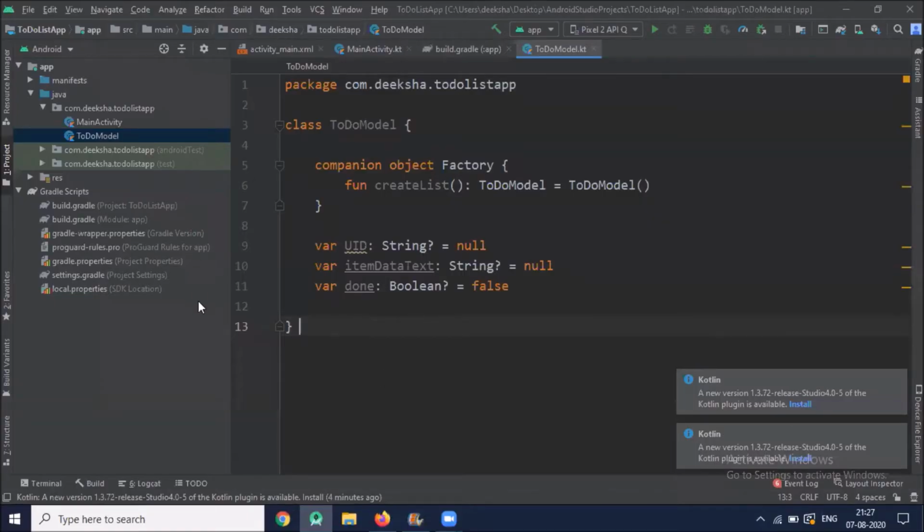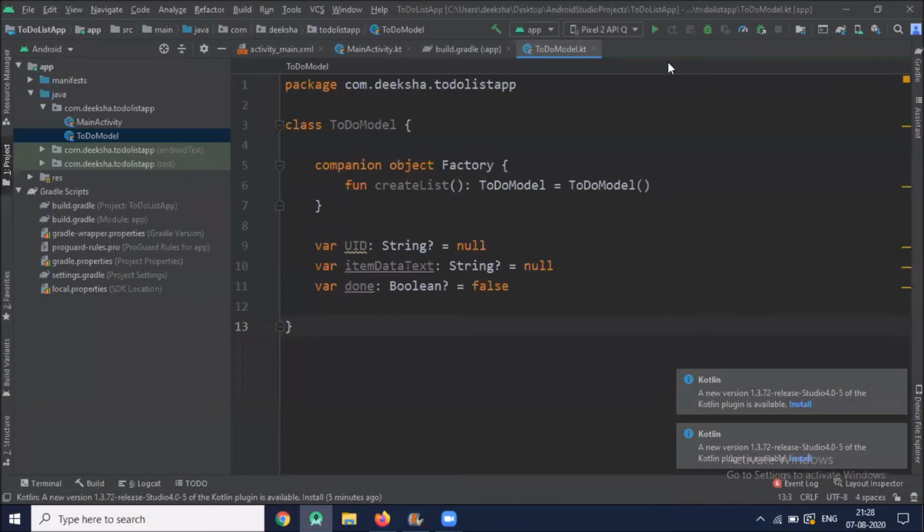So in this model class, there are three properties. First one is UID, which is a unique identity, which will uniquely identify our item when we show it in the list. And second one is item data text. It will contain the to-do item text, and done, which is a boolean, tells whether the listed to-do item is completed or not.